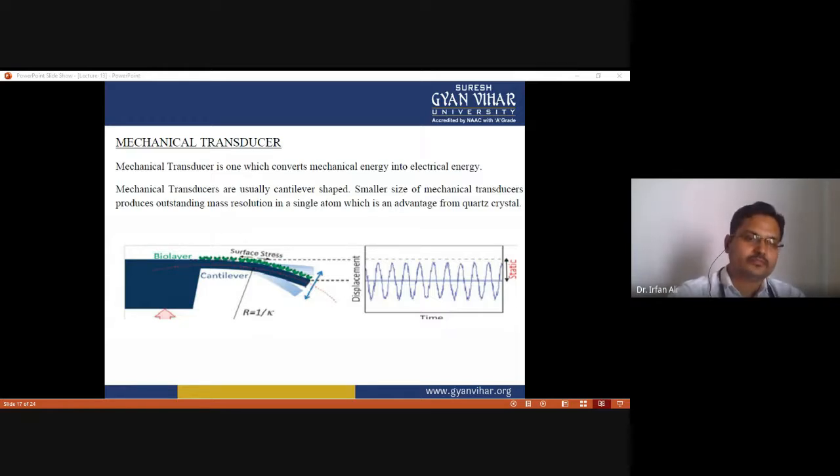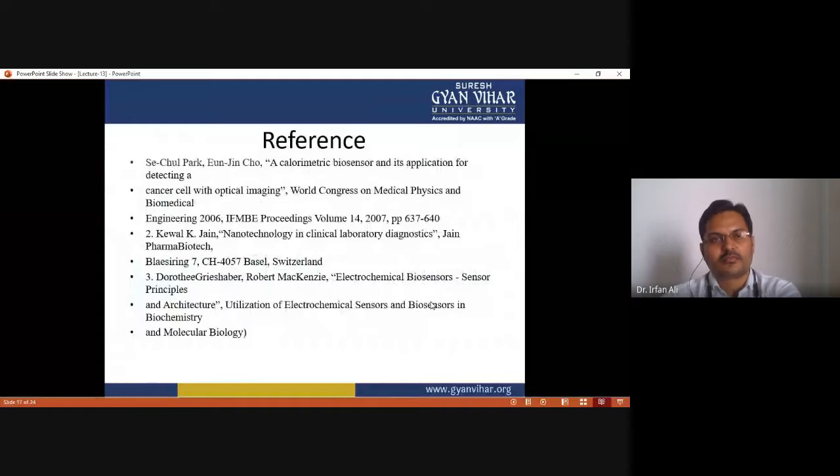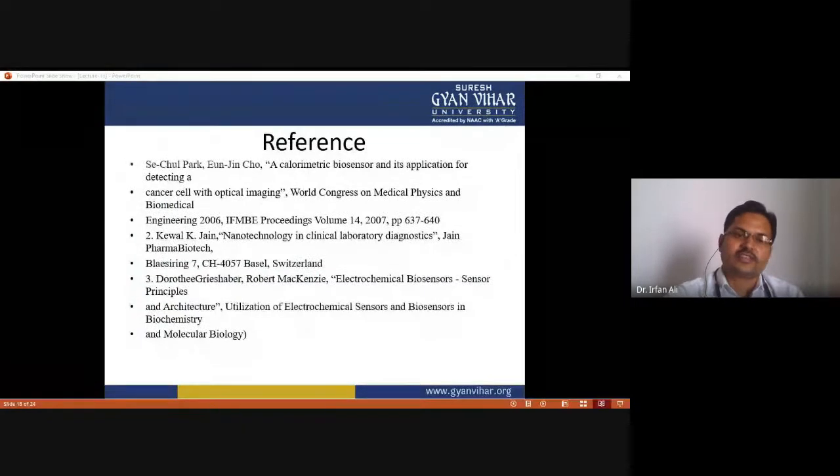Okay, that's why various types of transducers have been developed for the detection and diagnosis of various diseases, and their applications in bionanotechnology have all been developed so far. Okay, that's why nano transducers provide much better results over the conventional sensor. Okay, so there is further scope to control production and improve detection techniques, which can enhance the use of these biosensors for medical purposes.